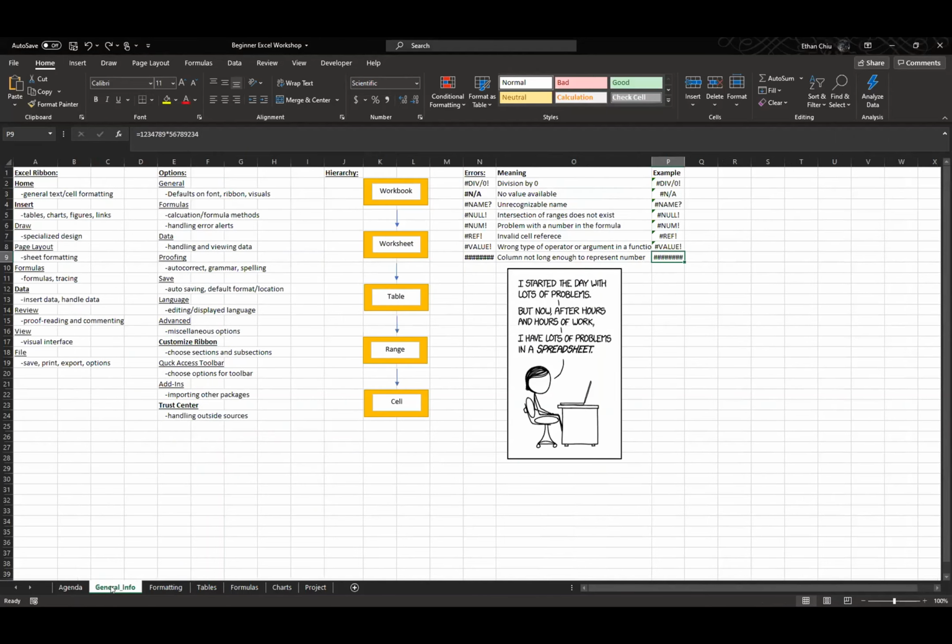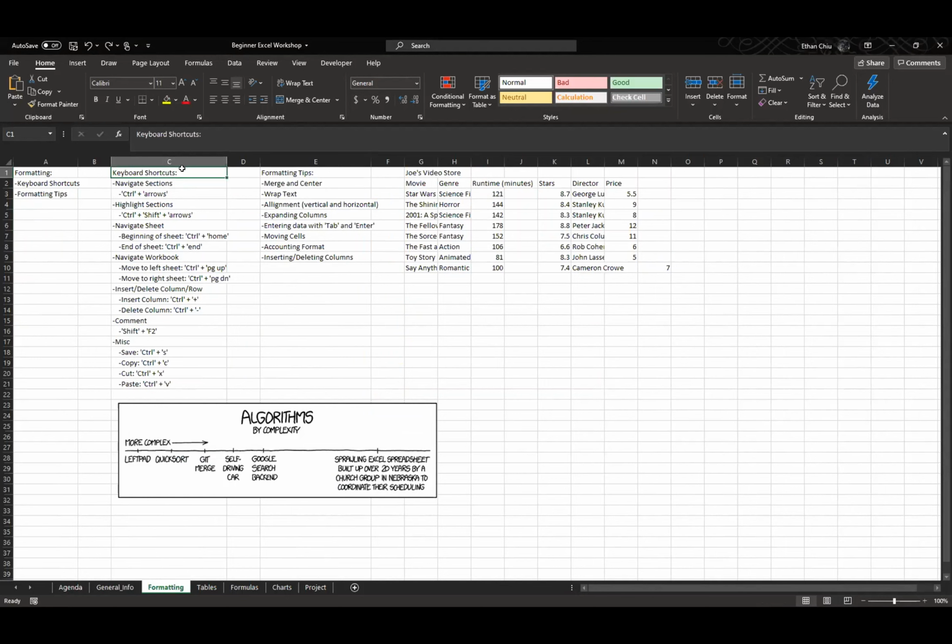So the general info tab is all, I think, pretty self-explanatory. If there are questions, shoot me an email and you can ask there. That'll be fine. So for keyboard shortcuts, if you want to highlight, say if you want to highlight this, you